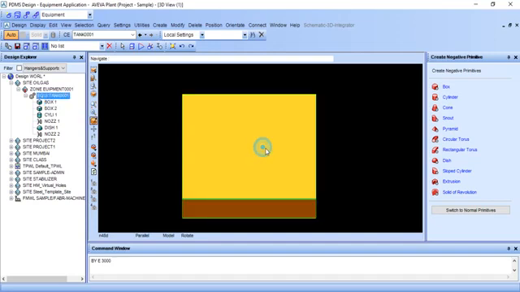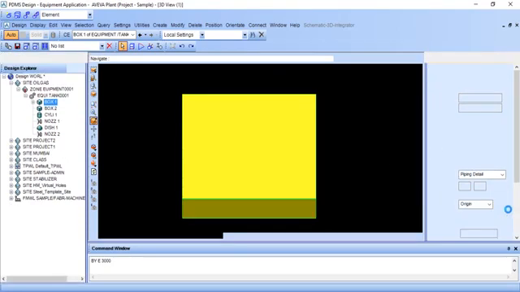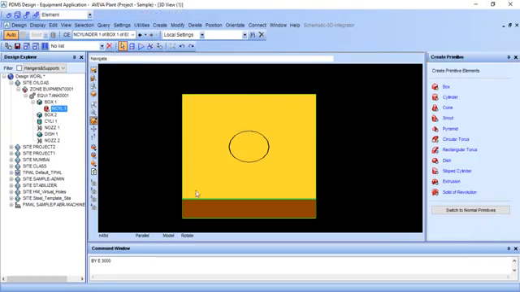Make sure that your selection is on this box. If you are not sure whether your selection is here or not, go to element and select here, navigate to element and click this. So it is confirmed that your selection is here, and go to negative primitive cylinder, and I am giving it height 200 because its depth is also 200, and I want a 300 circular hole. So create and just next to exit the command.